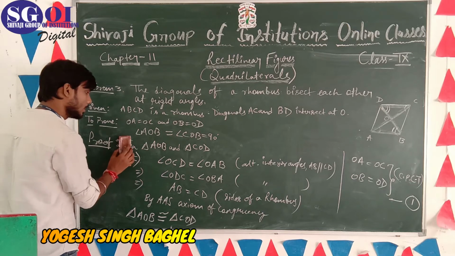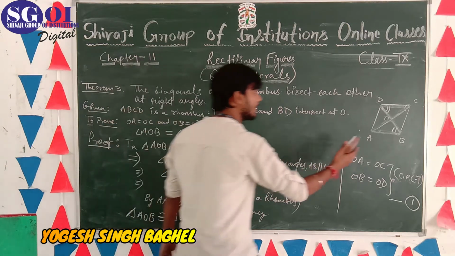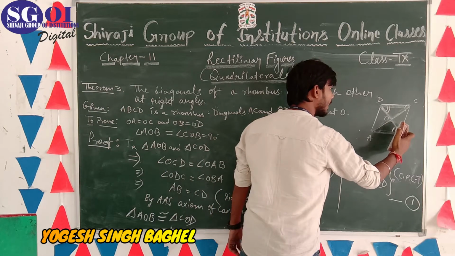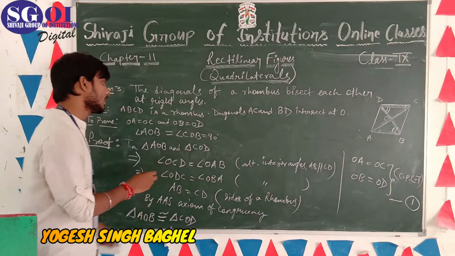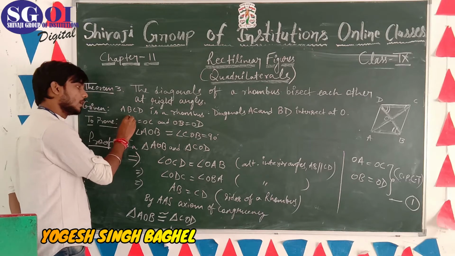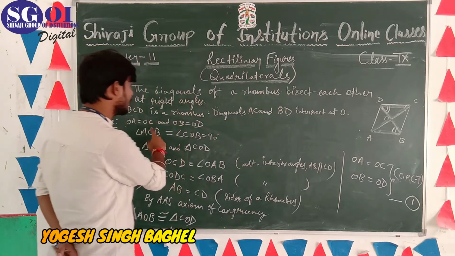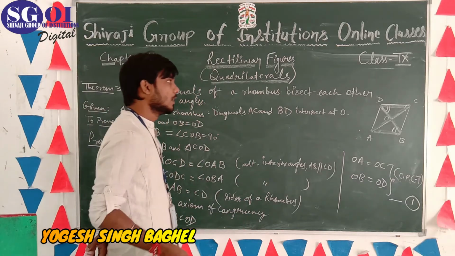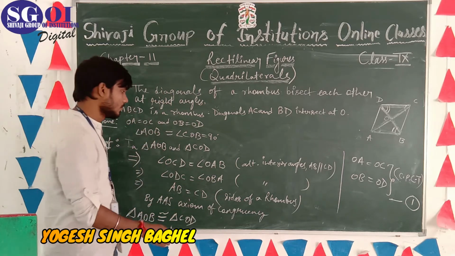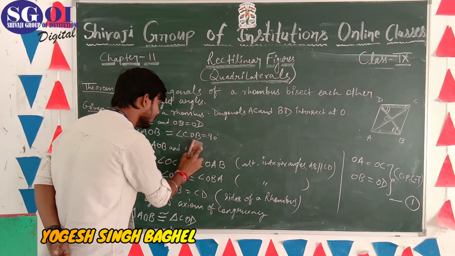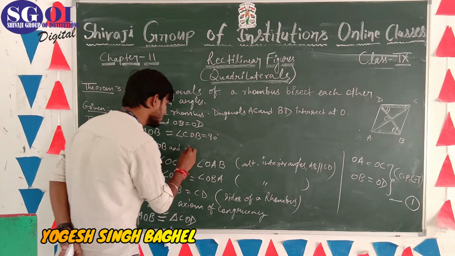Now I am going to take the other two triangles. ट्राइंगल AOB, अब हम ट्राइंगल AOB लेंगे और ट्राइंगल BOC लेंगे, ठीक है। देखिए हमारा एक पार्ट प्रूव हो गया। पहले मुझे क्या प्रूव करना था, we have to prove that diagonals will bisect each other. So this point is clear. Now we have to prove that diagonals bisect each other at right angles. So for the second point, we will take triangle AOB and triangle BOC.